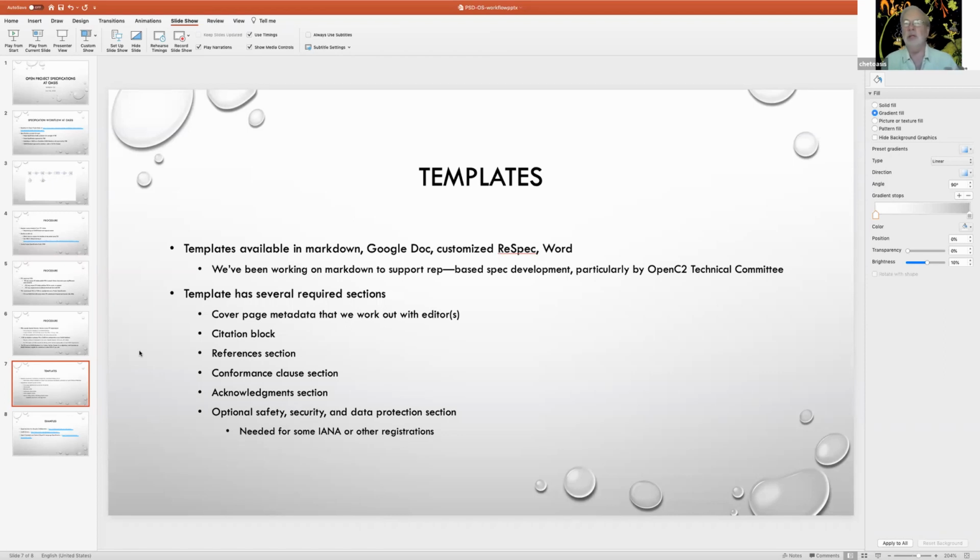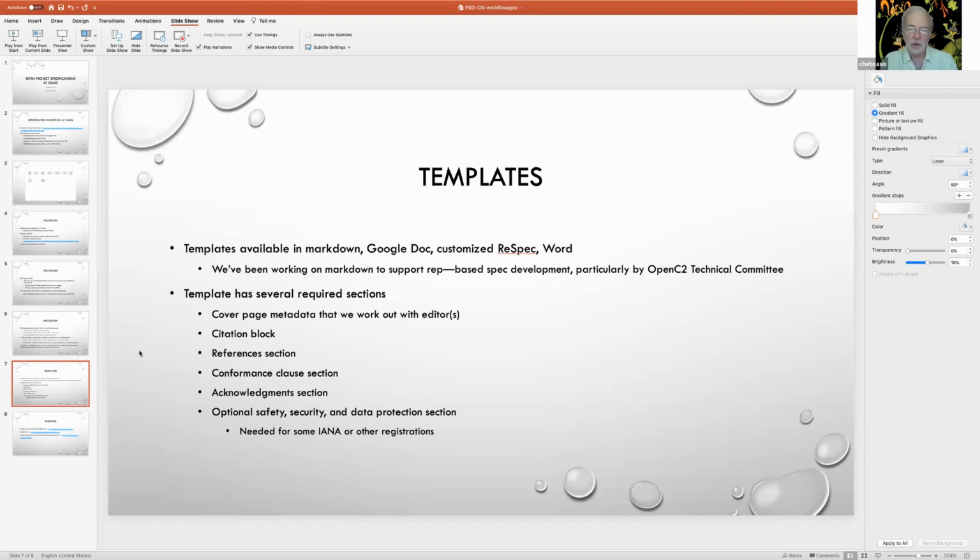So for example, if you're building a KMIP server, a key management protocol server against the KMIP standard, there's a series of sections within the specification that have required normative clauses that you have to satisfy.